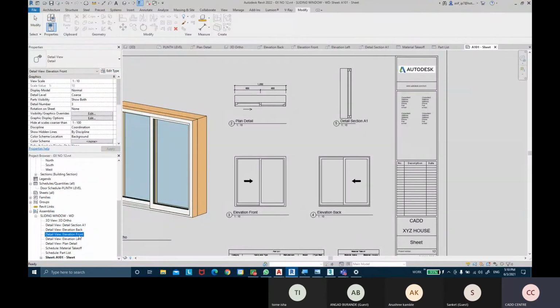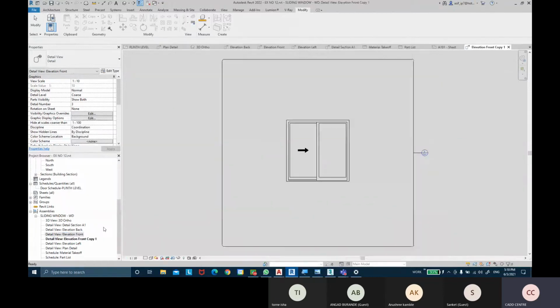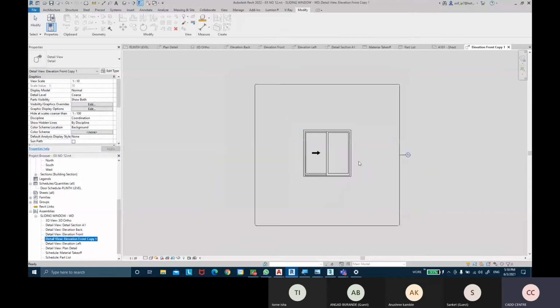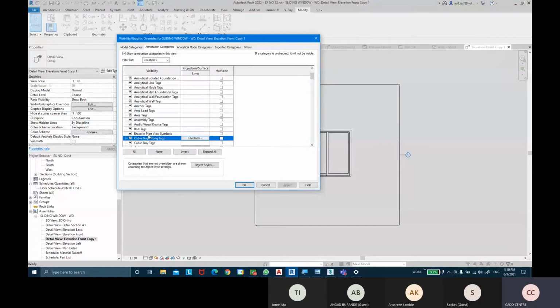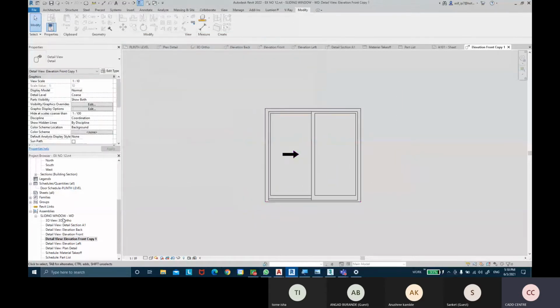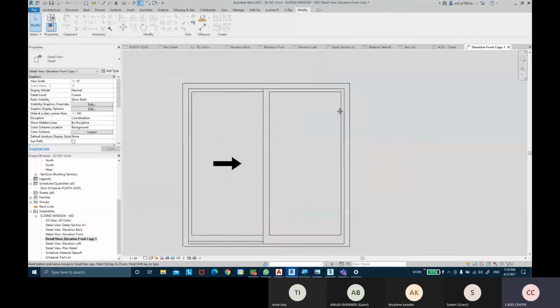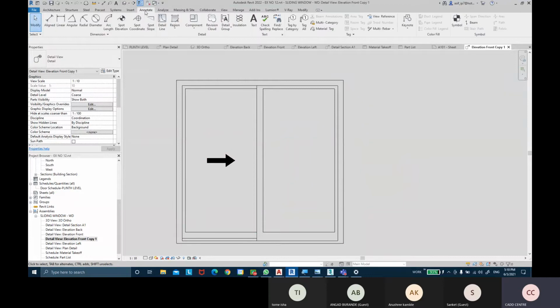You can even take out the elevation view and duplicate again as well. So I can select front elevation, right click, and I'll take duplicate with details. So in one of the copy, I'm going to show, going to visibility graphics, annotate category, call outs. So in one of these copy, I'm going to mark the parts basically. Maybe this is the glass. So we can give annotate, and we can give text to that part.